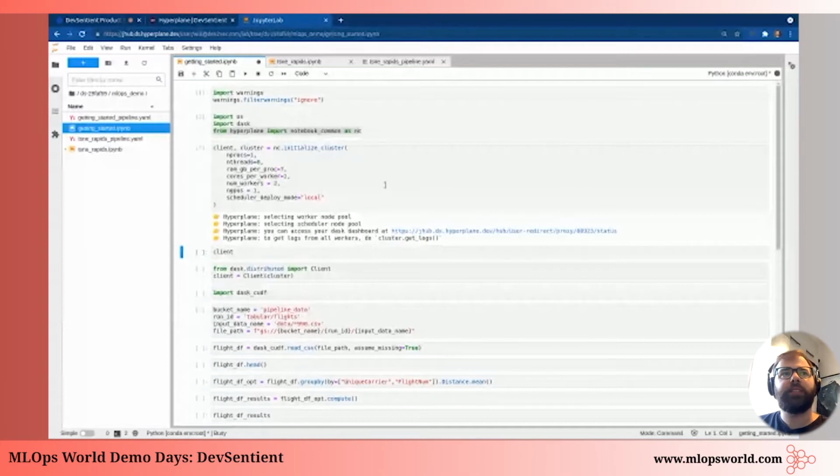Even something here called scheduler deploy mode. Scheduler deploy mode refers to either local, so it's running on this image, or it can be remote. The reason why we give you that option is if you're running large jobs, the way Dask works is it maintains a computational graph of your various different operations. If you're running a big job, this can get quite large and use up memory in order to manage.